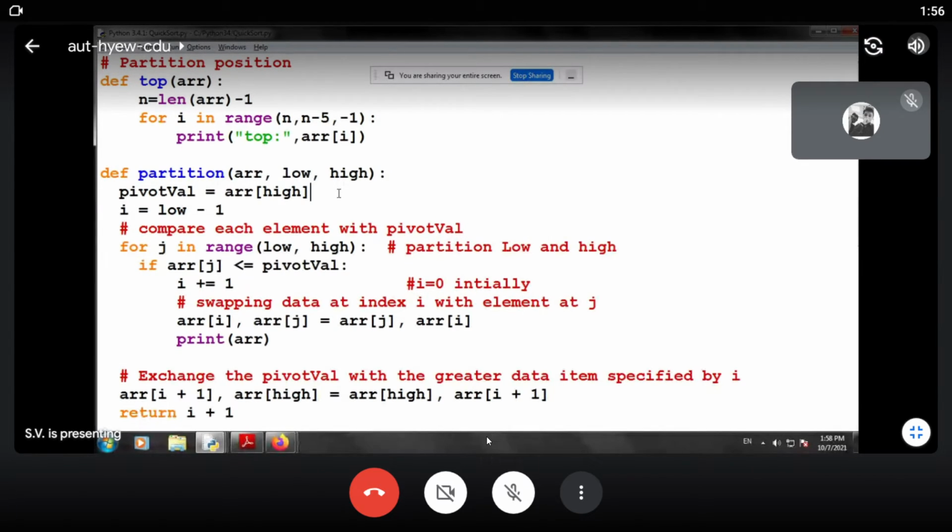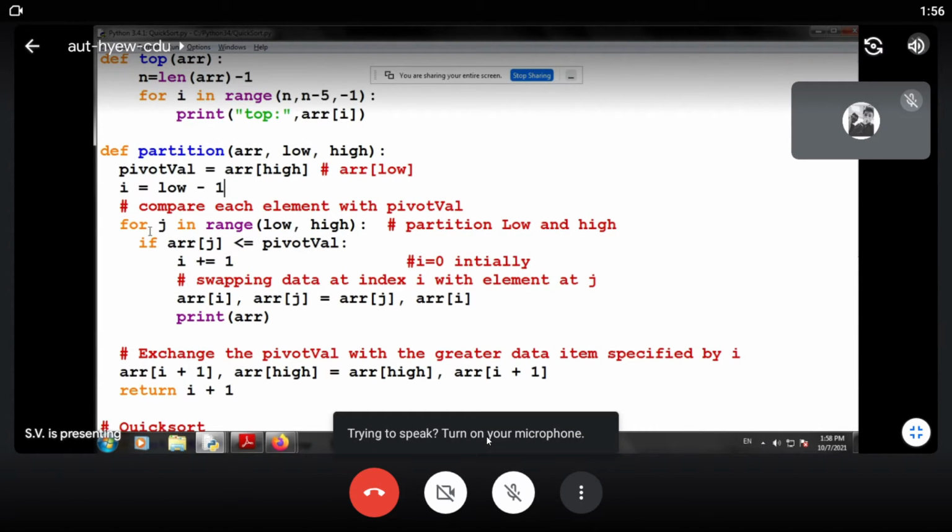You can write that the pivot value initially is array of low, instead of array of high. So over here we can write a remark. You can also take array of low, but only a little logical change is there. We have to make some logical changes every time. Now what is this low? I understand it: i is equal to low minus 1. Initially low index is 0, so i will be minus 1.